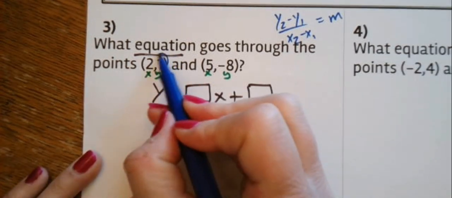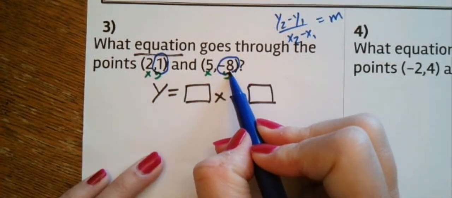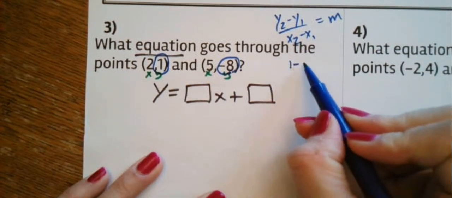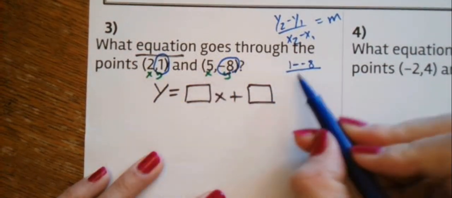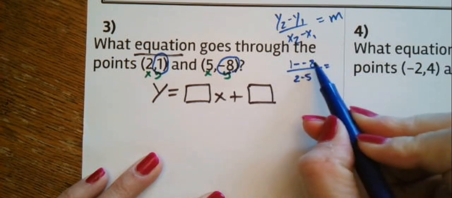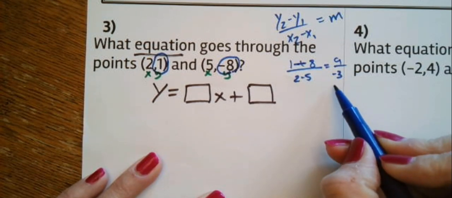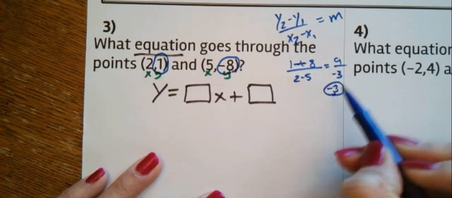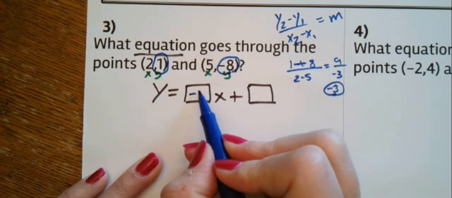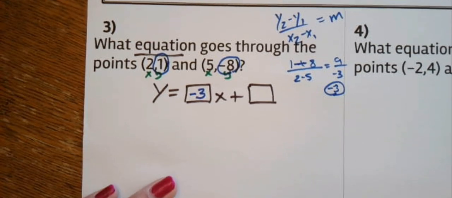So I'm going to go, all right, eyes on my y's. I'm going to subtract 1 minus negative 8 and then 2 minus 5. So this is going to give me a plus 9. 2 minus 5 is negative 3. And 9 divided by negative 3 is negative 3. So that's my slope. I'm going to put that right here. Okay. Now,